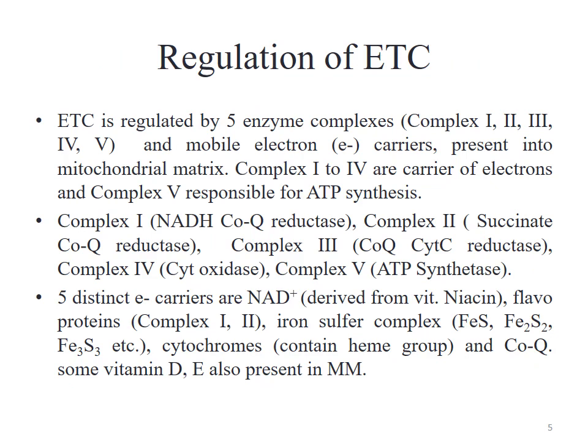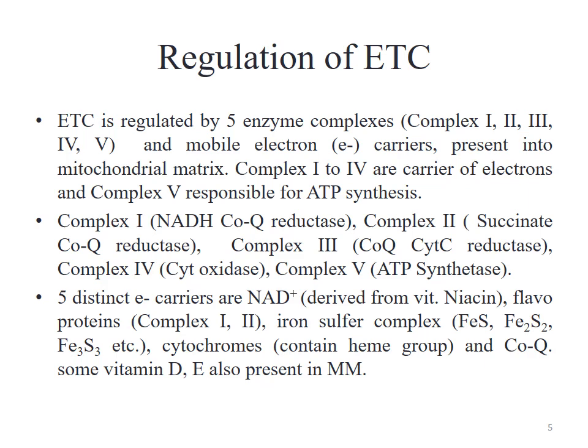As I have discussed several times, the whole process of aerobic respiration is under the control of enzymes, and all of these enzymes are specific for each step and each type of reaction in the body. So here the electron transport chain is regulated by five enzyme complexes, which are called complex 1, complex 2, complex 3, complex 4, and complex 5. All of these complexes are different from each other in structure and function also.